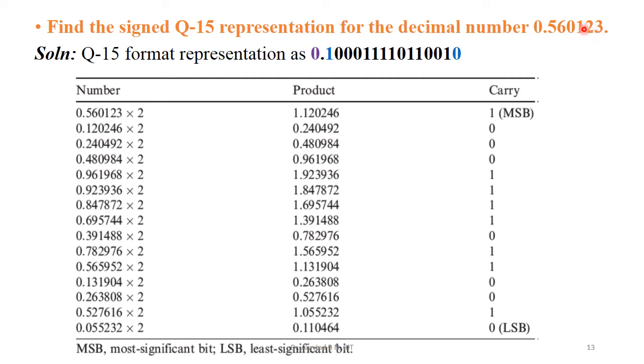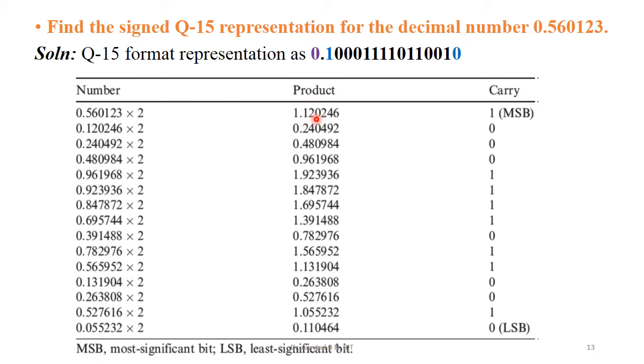Now how do we make the conversion? So here is the conversion procedure. In total we need to identify 15 bits. The procedure is here. Given the value 0.560123, multiply that by 2, we get 1.120246. In this, the part before the decimal point is the carry we are going to consider. So note that carry over here. That is going to be the MSB bit with respect to this realization. That is this bit. This bit we have calculated.